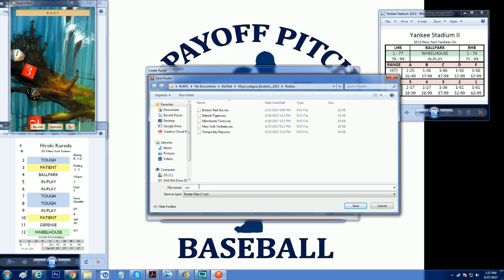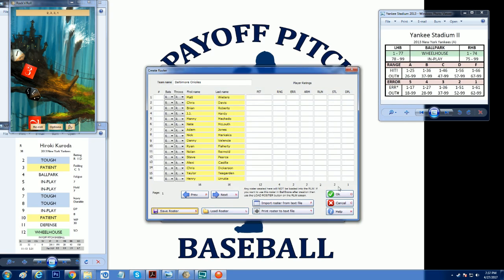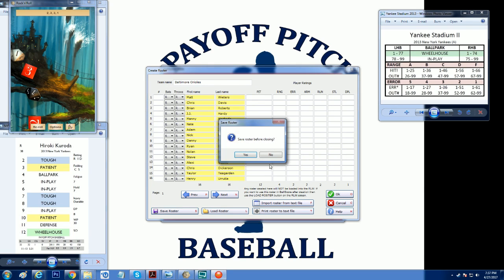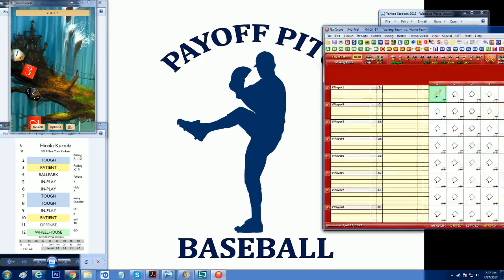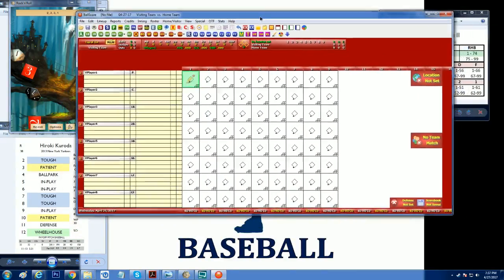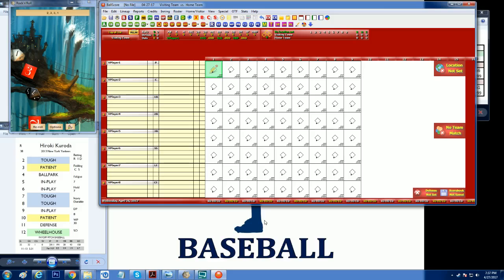I'm going to name it Baltimore Orioles.ROS. I'm going to hit Save, and I'm going to click OK. Do I need to save? No, I don't. So now, inside of ball score,